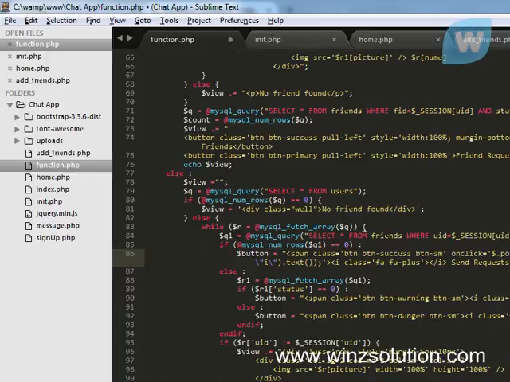So what I did here is action should be equal to send request, and ID should be equal to